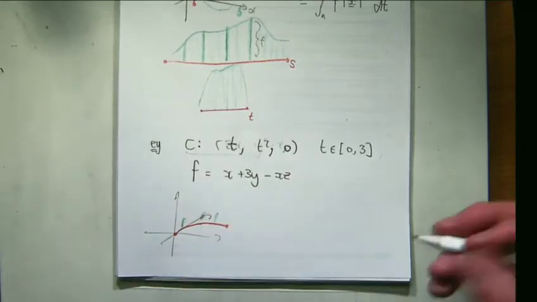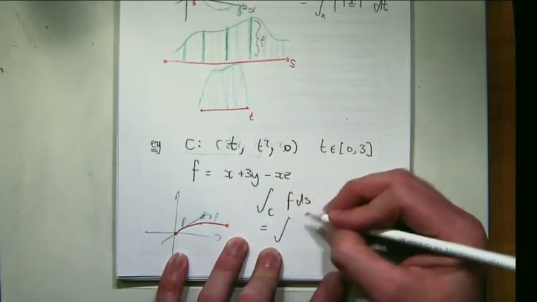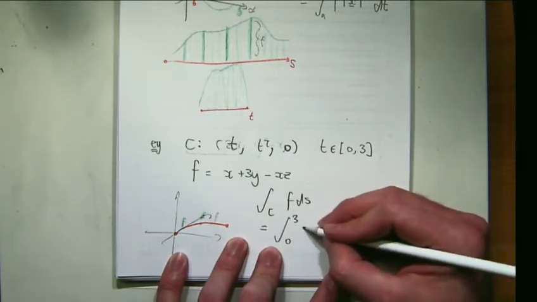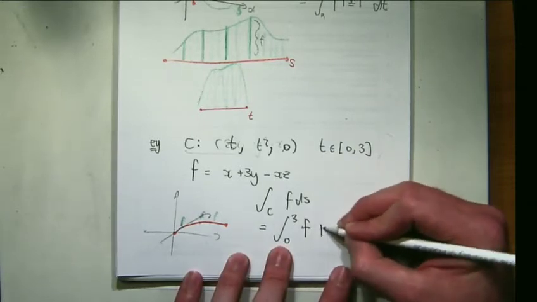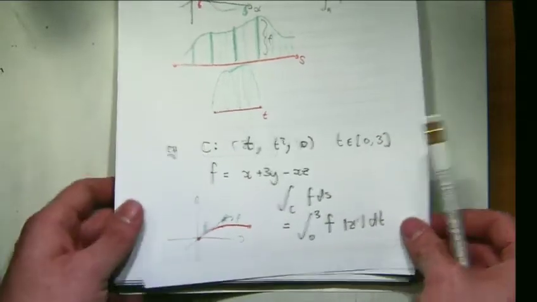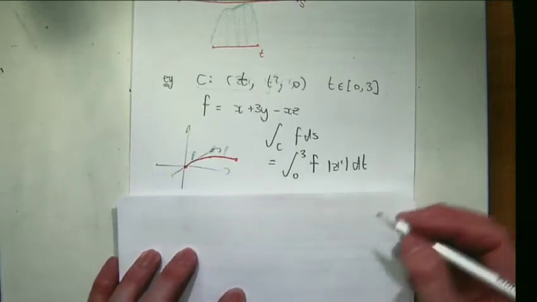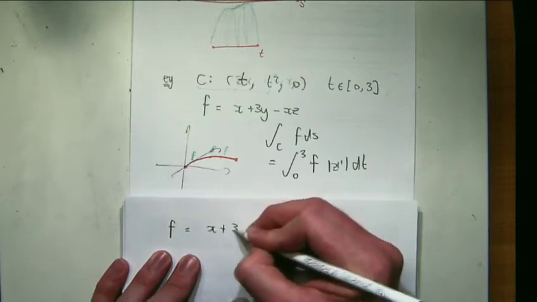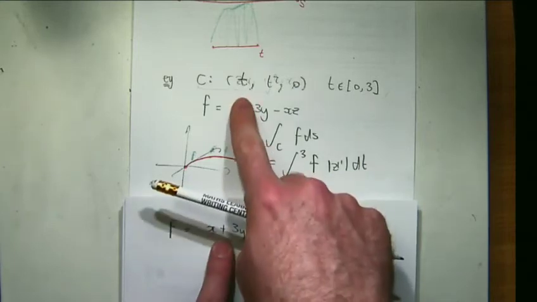So, according to the rules, that'll be from 0 to 3. F is actually, give me some space, but this is what it is. It's going to be f times the length of x dash, dt. So I just need to figure out what all those things are. So let's see. F was x plus 3y minus xz, but I have to use the points x that are on my curve,